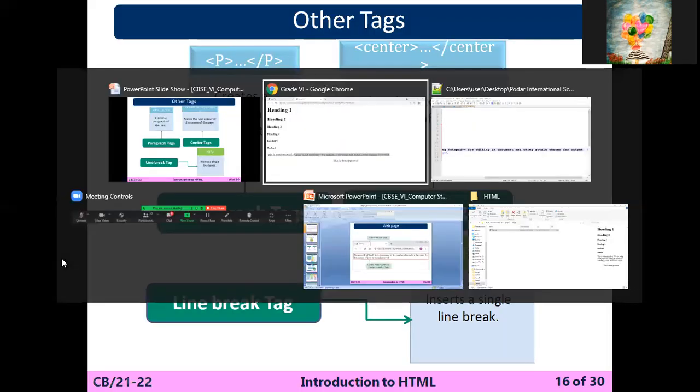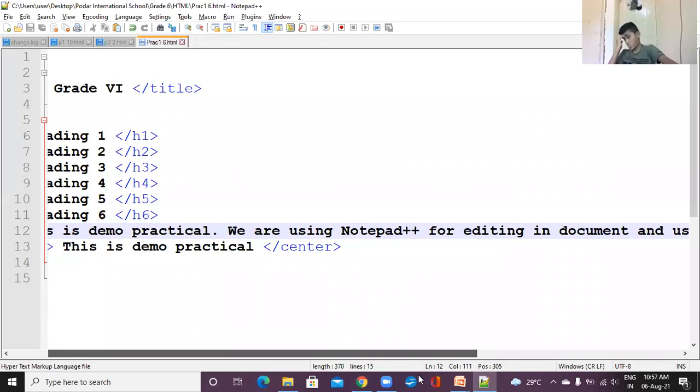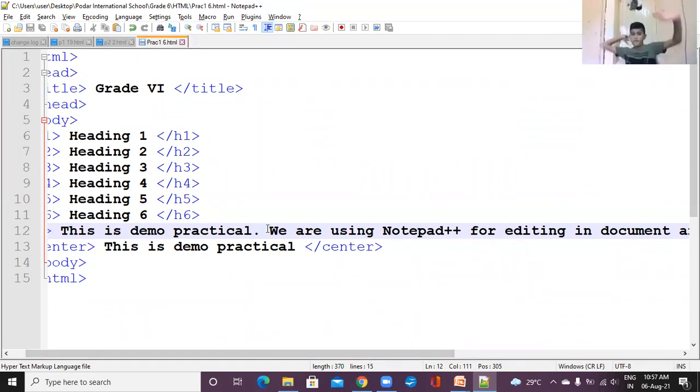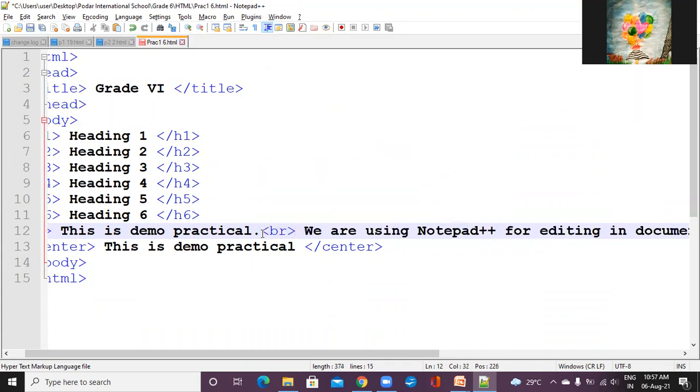So for that, I'm using the BR tag. So you have to go here. Whenever I'm writing BR here, it doesn't have any closing tag, only an opening tag. So this is an unpaired tag, or you can say an empty tag.